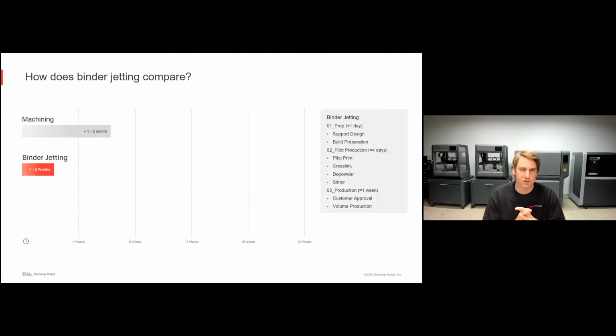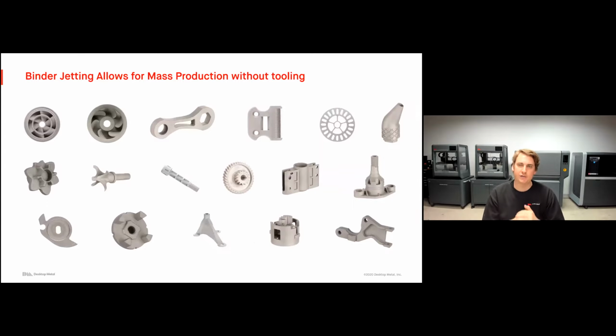Maybe you need to tweak a little bit of support structures, a little bit of the design, but then immediately you can set that printer going and you don't have to make any changes to tooling, any changes to fixturing, because all we have to do is make changes to our CAD model, upload it to the printer, and we're ready to start printing. Of course, now what happens if the design changes? All I have to do is make a modification to my CAD file, load it up on the printer, and we can start printing hundreds or thousands of those parts a week without any changes to any hard tooling. So binder jetting really allows for mass production without tooling across a wide variety of geometries and a wide variety